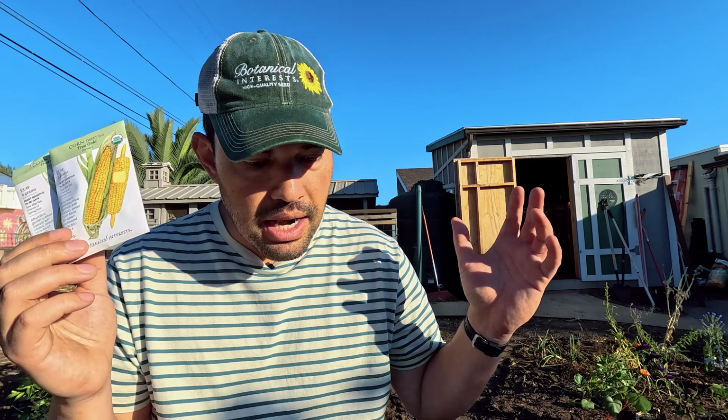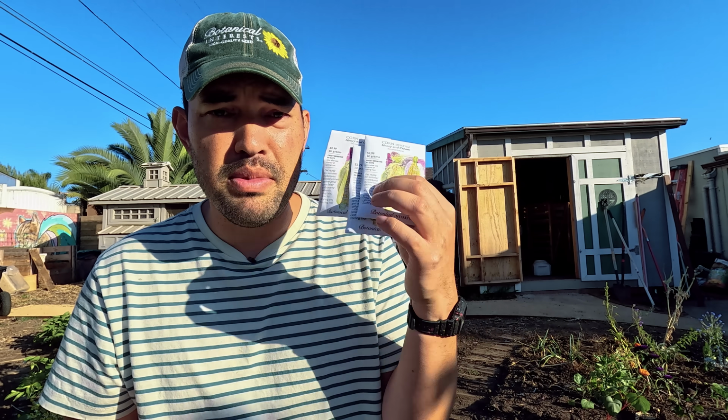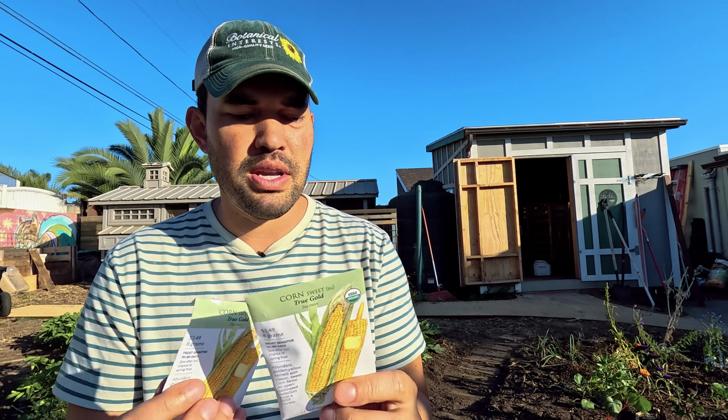So now I'm at a bit of a dilemma because if I grow as much as I'm about to plant, I definitely will want to save some. This seems to be better for saving, but this one seems to just be your classic sweet corn, and frankly,